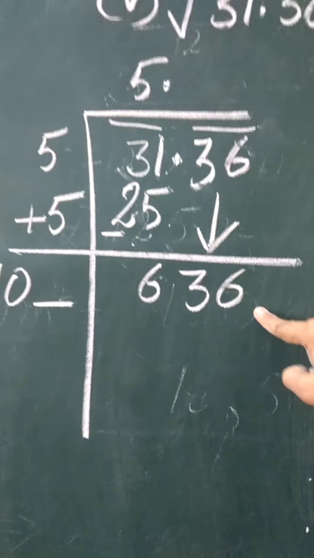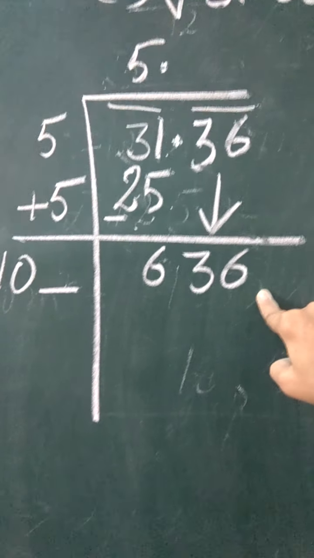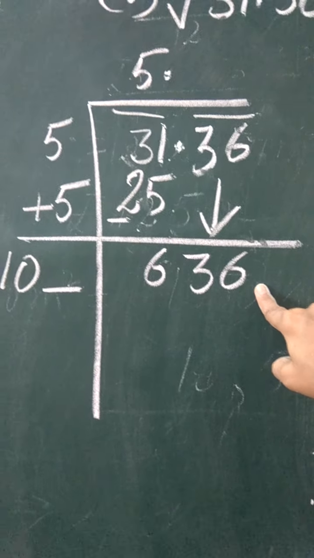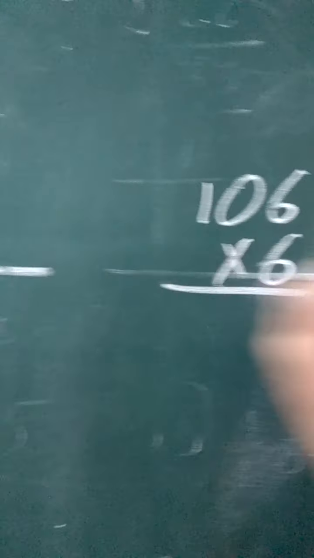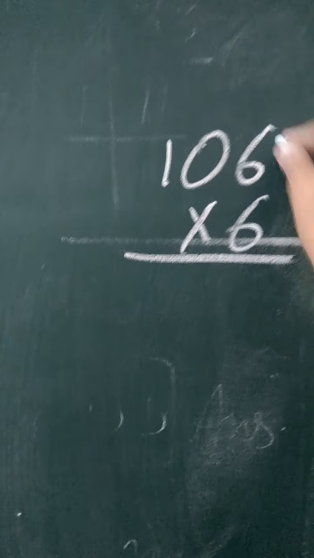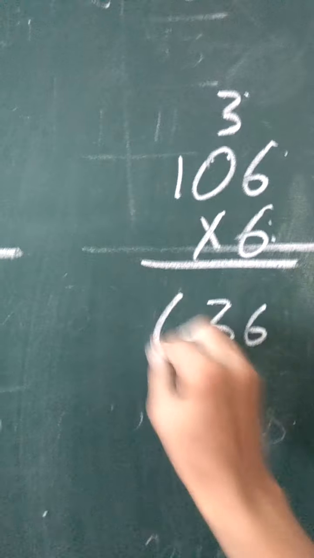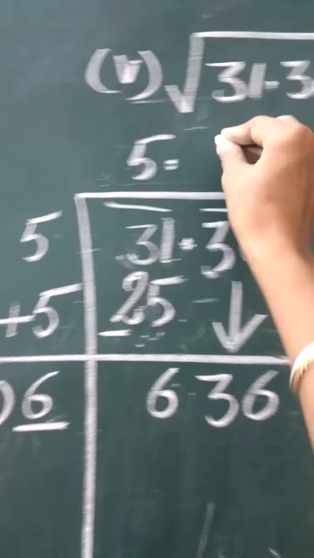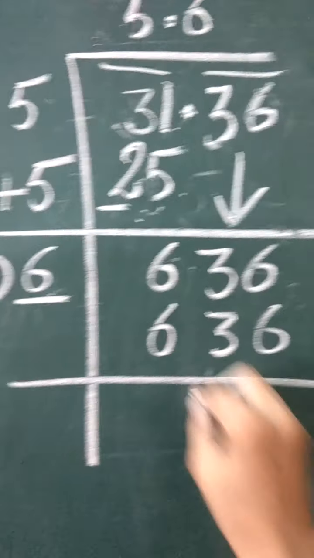Again, as this is the last pair, we can judge it by its unit digit. It is 6. 6 comes in the square of 4. 4 square is 16. 6 also comes in the square of 6. 6 6s are 36. So let us check with both. Let us check with 6 as it is quite greater. So if we take 6, we have to multiply it by 6. 6 6s are 36, carry 3. 6 0s is 0 plus 3 is 3. 6 1s are 6. So we have to take 6. If we are taking 6, we have to multiply the number by 6 also. So we'll get exactly 0 remainder.